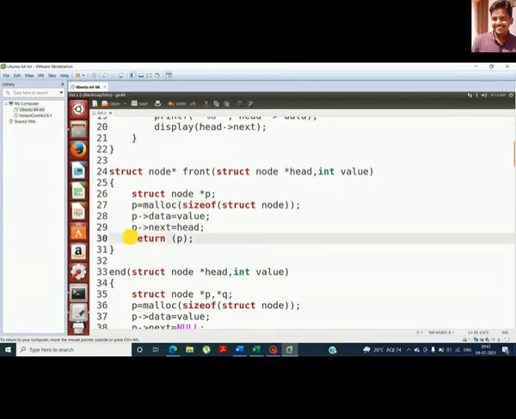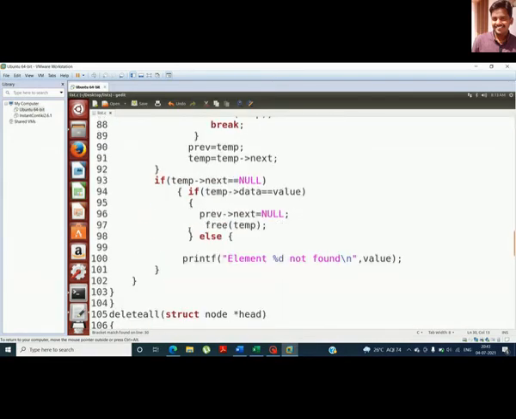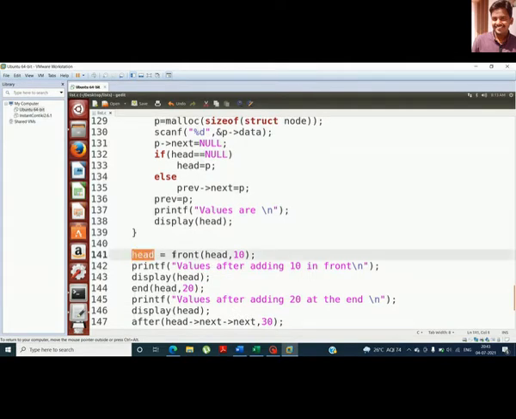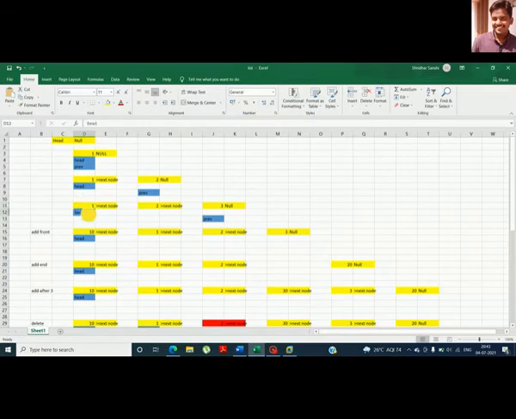You can see that I'm returning p. P is what? The address of the new node. So when I return this p, it will go and initialize to head. You can see that I am reading it as head equal to p. So head becomes p. That's what you can see in the figure here. When I add the new node p, I make its next address point to head.